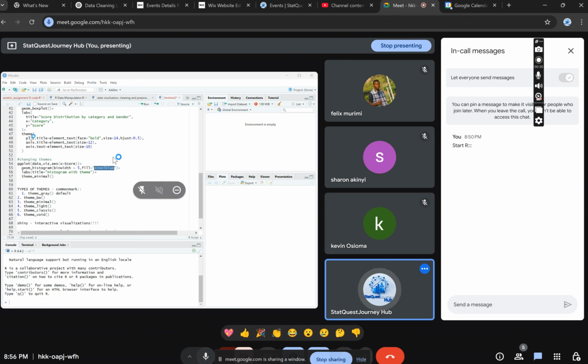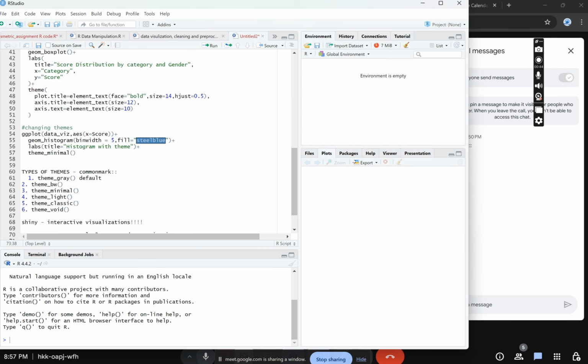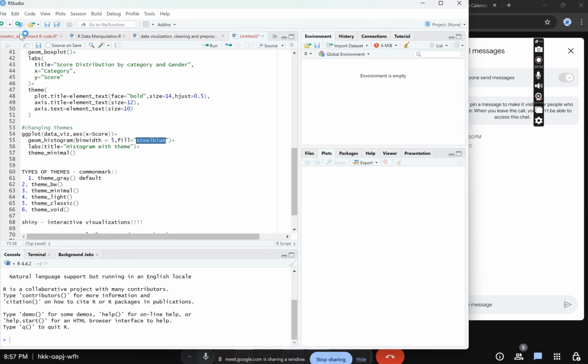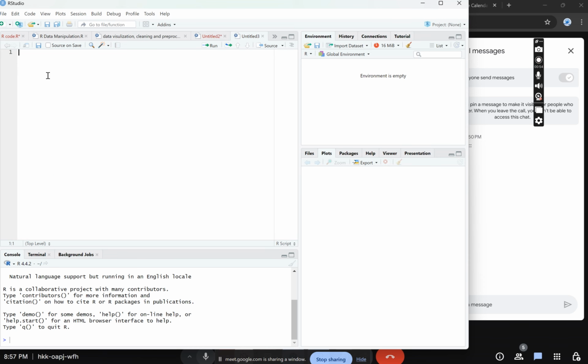Okay, let me create a new file. I hope you know how to do that. You just have to click on the green plus button on the top left corner, the R script. Then I'm going to show you 5 things, the most common ones, and we are going to use the readily available data